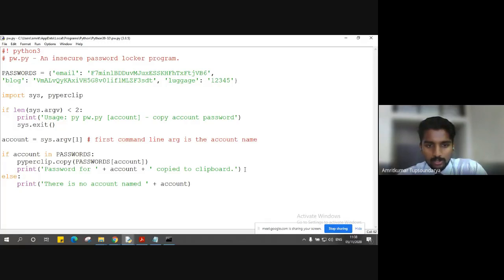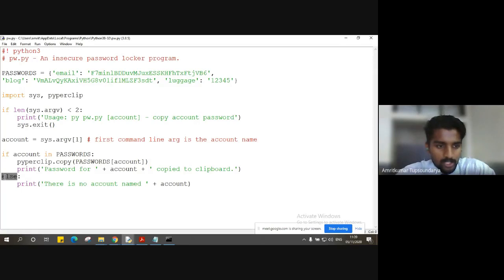The program will be executed smoothly, but you will not get a message; at the back you will have a copied password in the clipboard. The next step is just to go to that particular website or account and paste that password. So it is a kind of password retrieval.